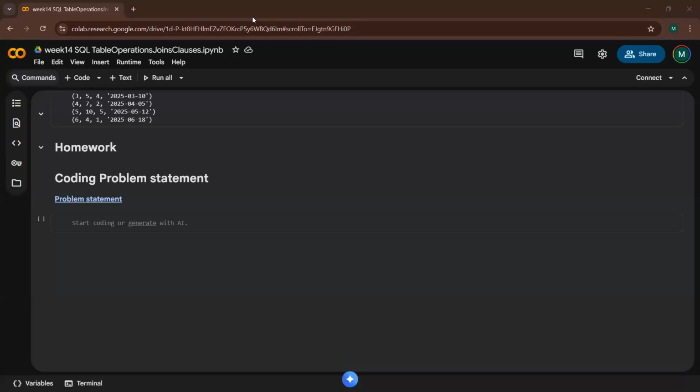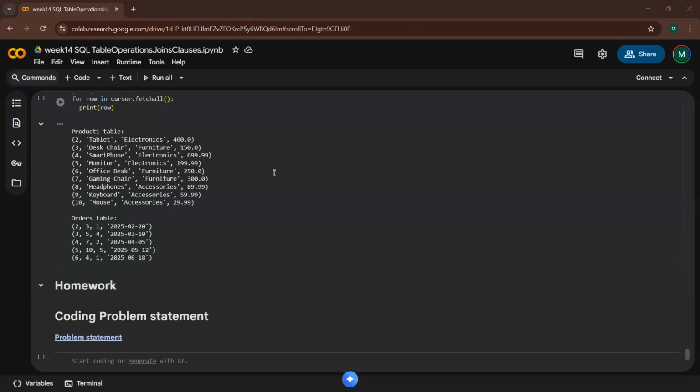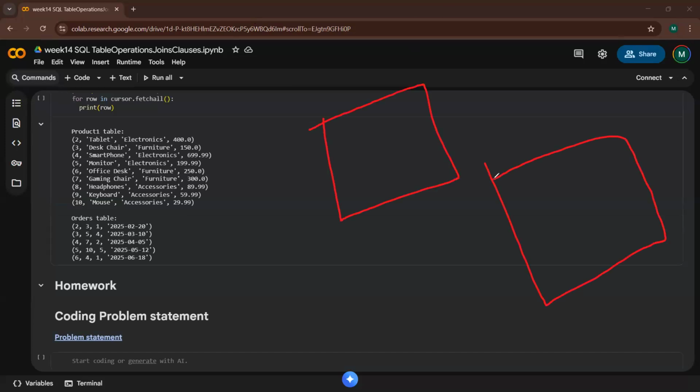Ma'am, I'm still having a doubt about the last one, foreign key. That is the main problem that I couldn't understand properly. Foreign key, I have explained to you guys before as well. See, let's say this is my student table and this is my department table, because in college there are some departments as well.